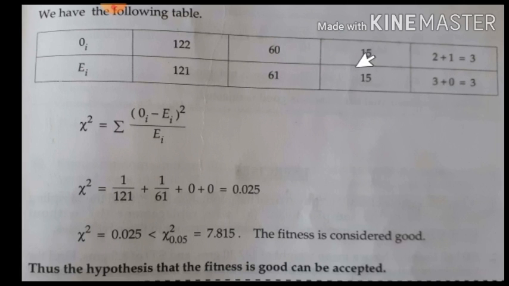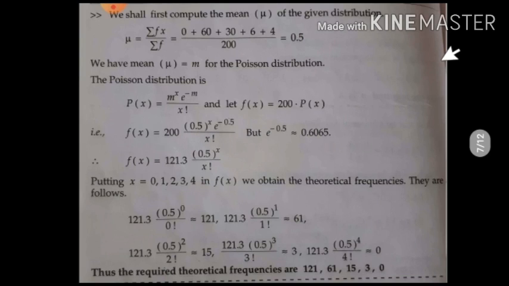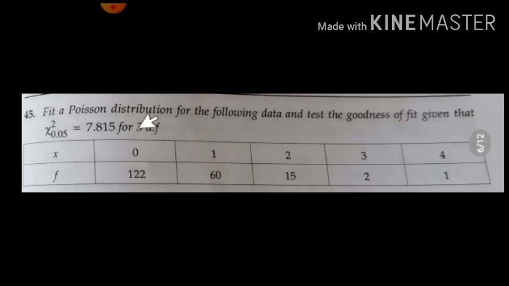If you don't add, it also does not make any difference, but the problem here is that they have clearly given that this answer is for 3 degrees of freedom. Hence, it is a must for you to convert the given number of data as 4 instead of 5. Okay.